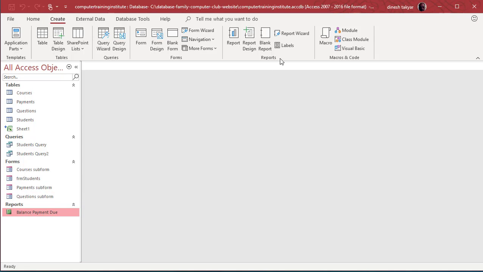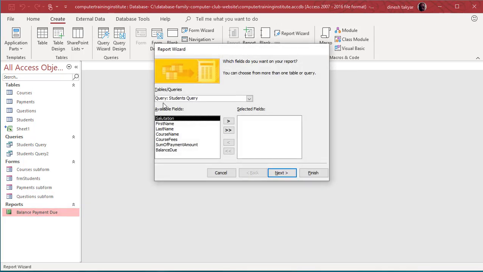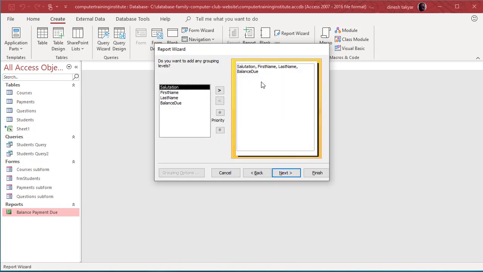So we go to create and we go to report wizard, and in this case we will use the student's query as the starting point. So we can have the salutation, first name, last name, and the balance due, just that one. Or you can have all of this as I showed you in my other report, but in this case we'll just take these 3. We have salutation, first name, last name, and the balance due. So I've taken the balance due also now,